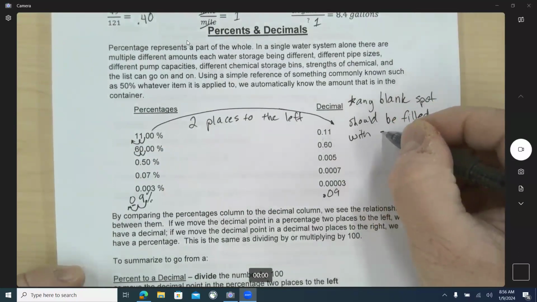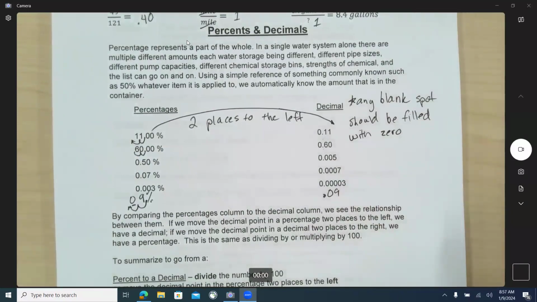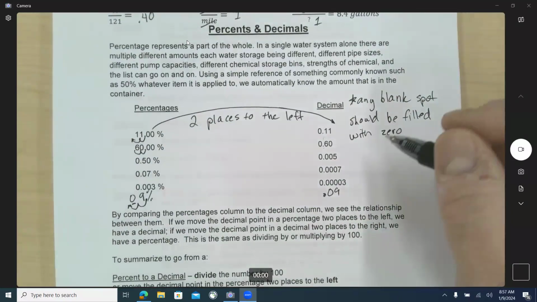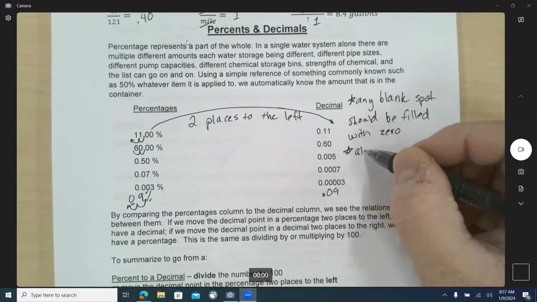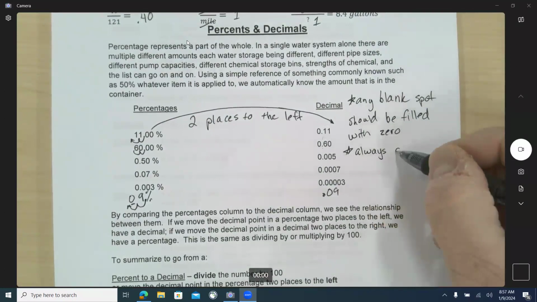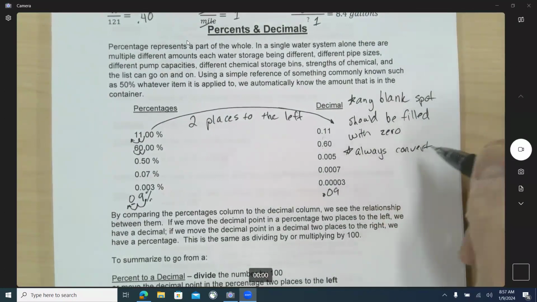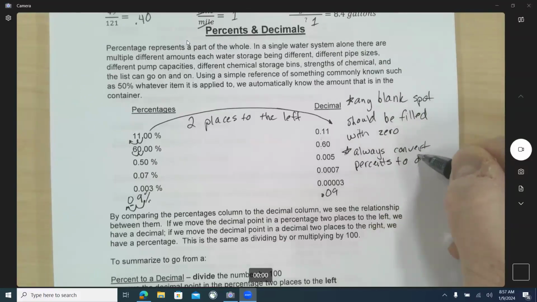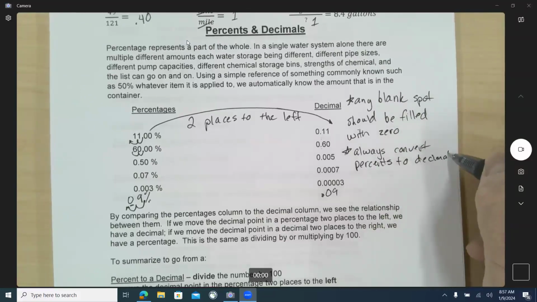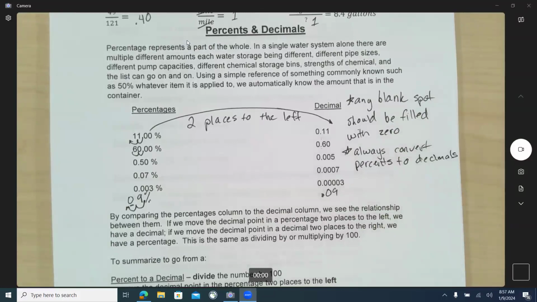All right, that's something to note. And one other thing to note: what did we always do when we have a fraction? Always convert percents to decimals, okay? Before you do the math with anything, whenever you see a percent, you should always convert it to a decimal,